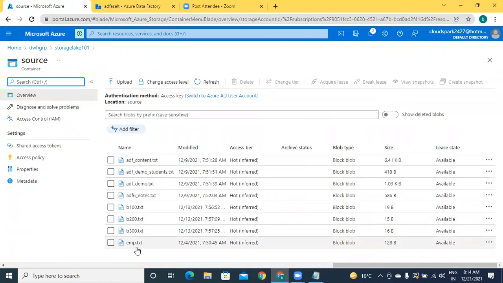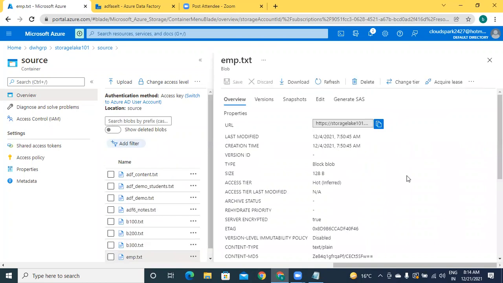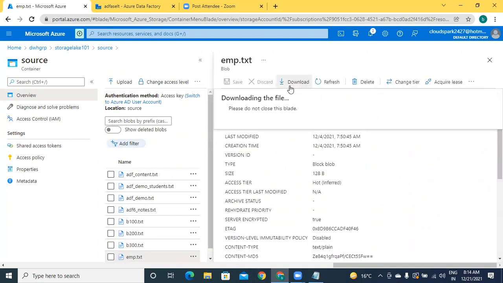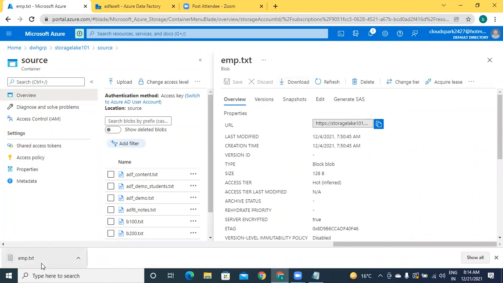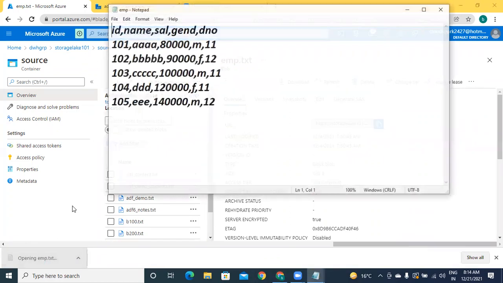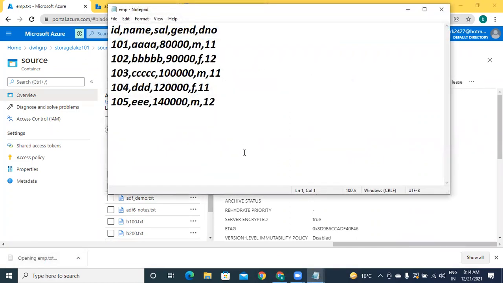Where is your file? This is your file, emp.txt. Just click on it and check the data. This is the basic shape of your data.